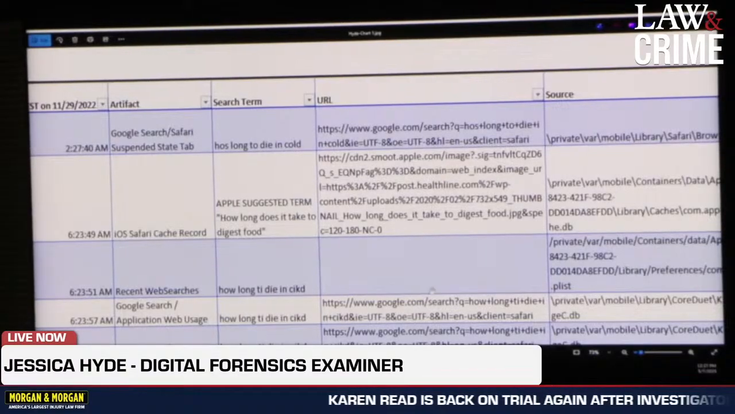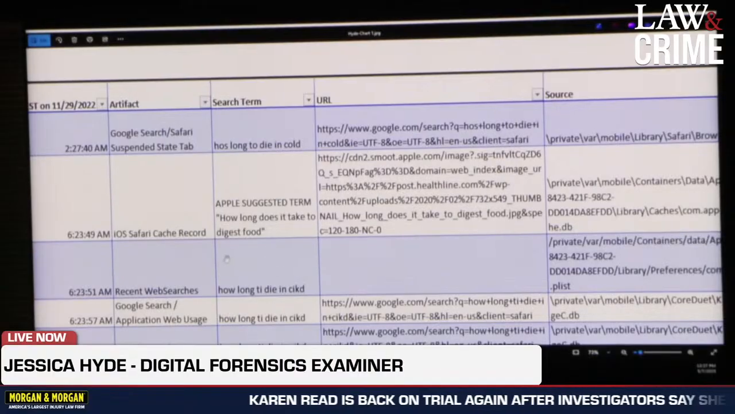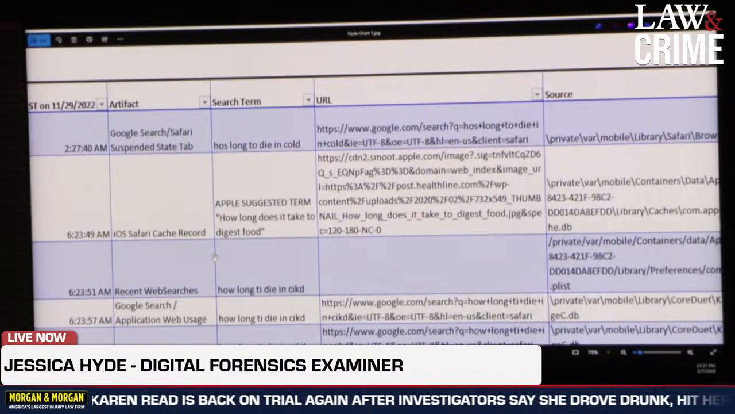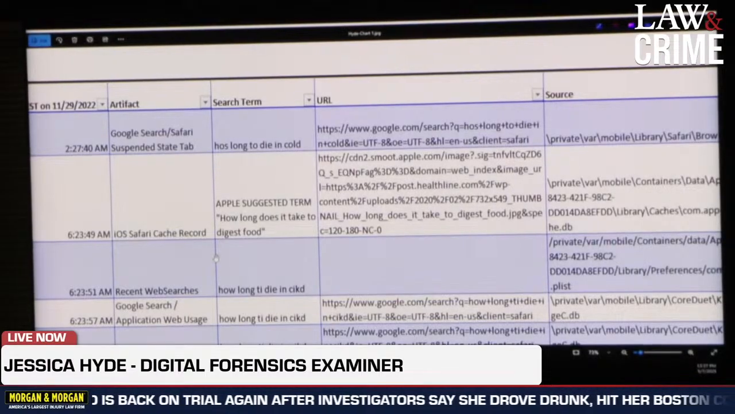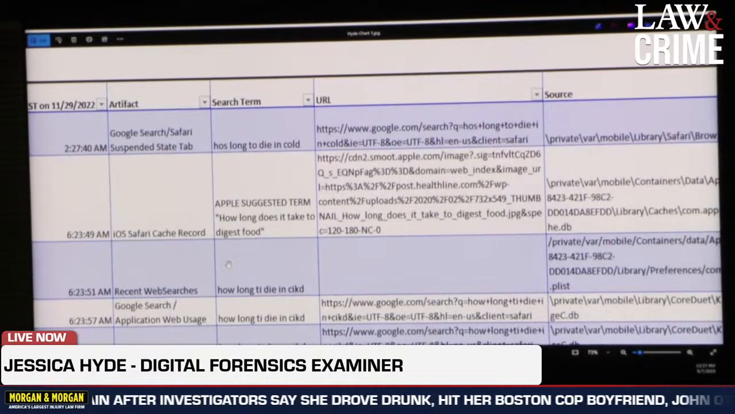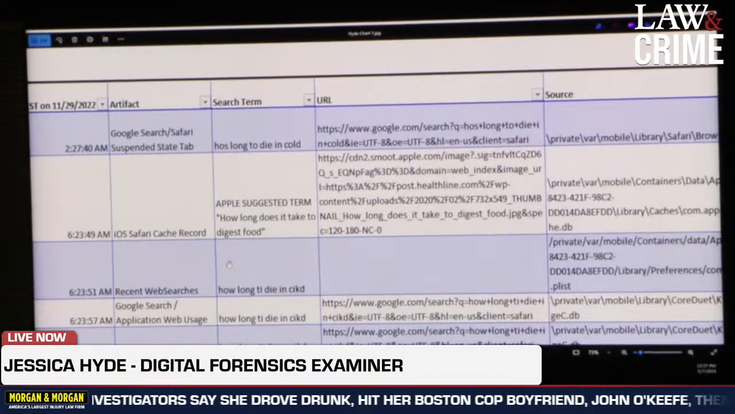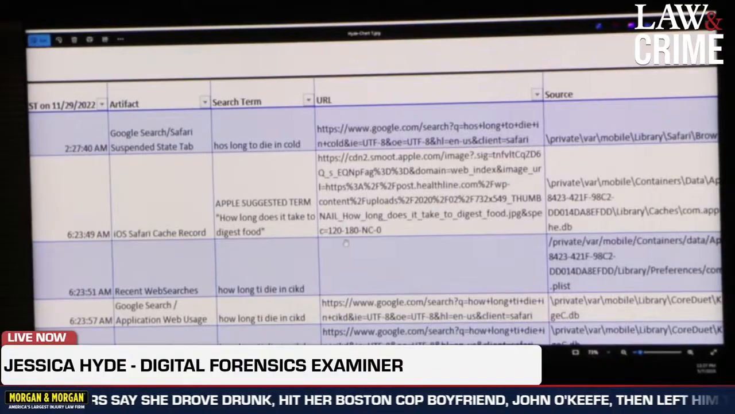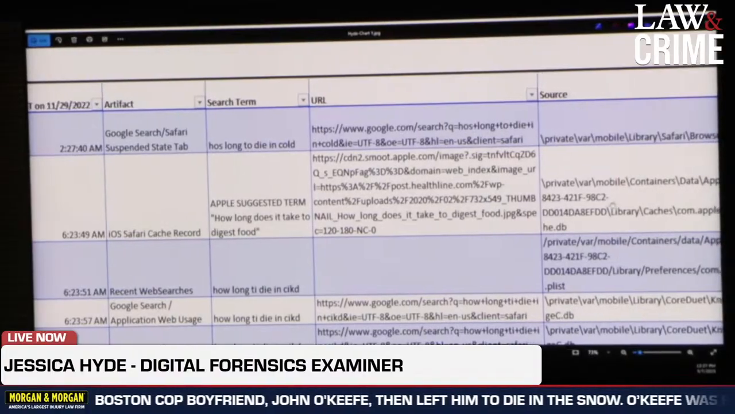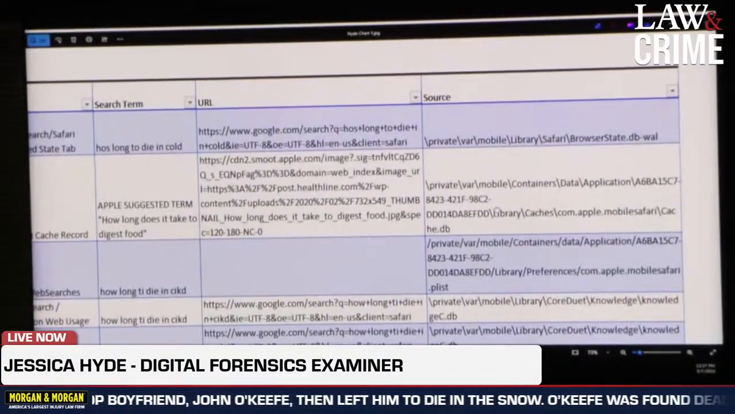If I look at this chart and I see in the top left it says 2:27:40 a.m. and then under the search term it says "How's Long to Die in Cold." How do I understand your opinion that that search didn't happen at 2:27:40? This document is showing you the data that is the parsed result. The source of that artifact that you see in the last column, it's a little bit cut off, the browser state